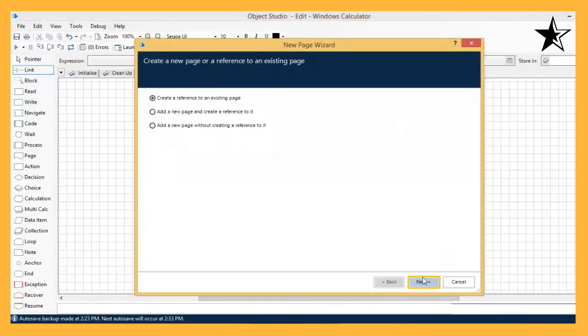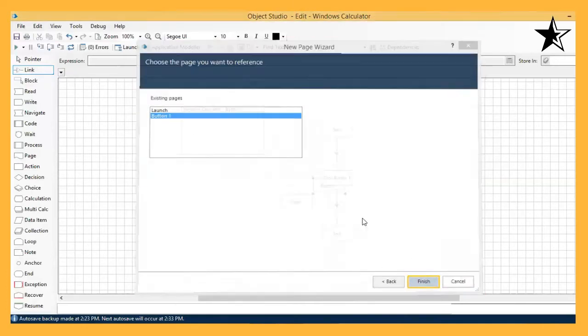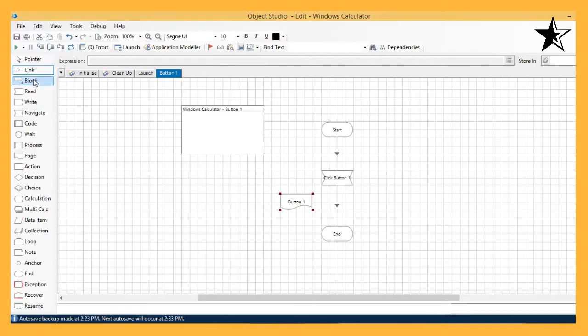Create a reference to the existing page, button 1, finish. Just remove the link from here, delete, join it again, refresh, and now I run it.